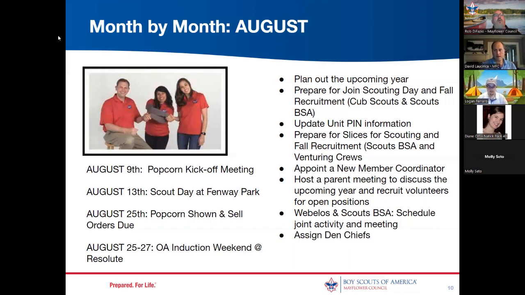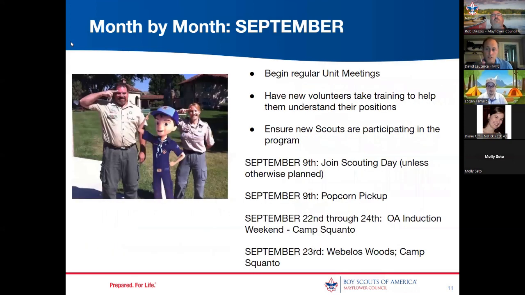So that is August. Just one more point on that. It's a good opportunity. It is August, so there's no reason why you can't. Scouts aren't present. Just don't wear a uniform, have a barbecue, and serve some adult beverages along with that meeting. Make it a social event as well as a working event. And you know what? Many hands make light work.